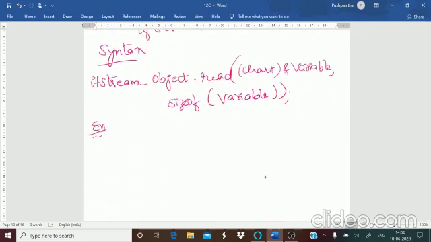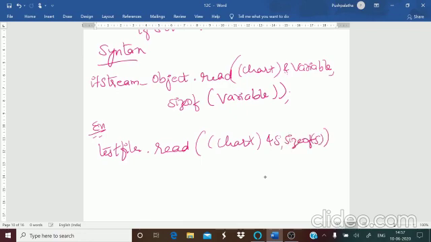And an example: testfile.read((char*)&s, sizeof(s)).